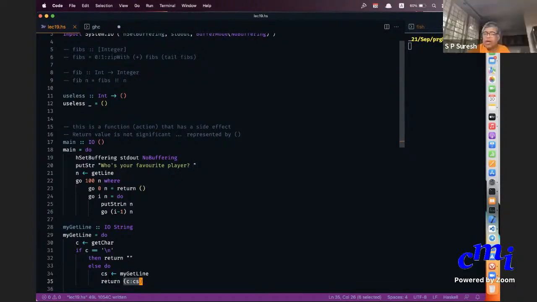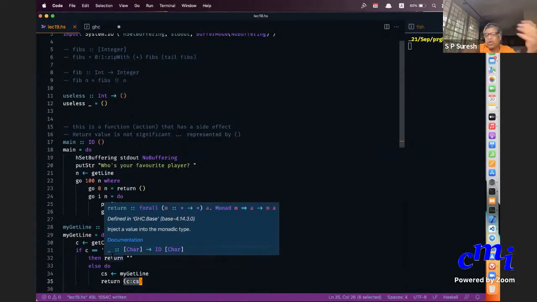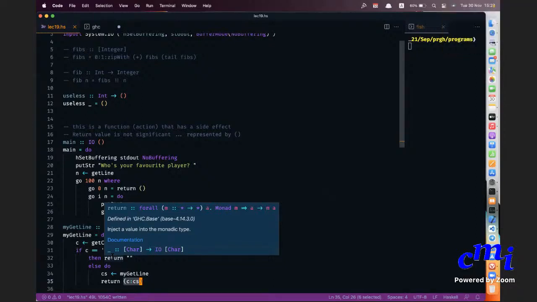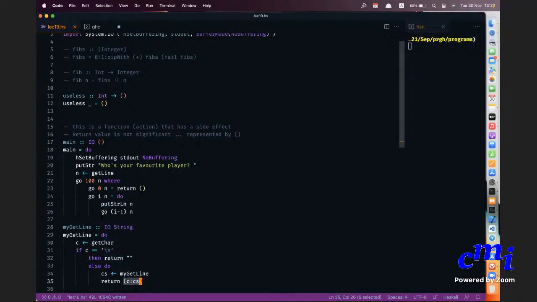See, if you want the same structure, I can accumulate whatever I have read so far in a string and then finally I'll just print the string. It is just that the structure of the two things is different. I need to do the recursive call, which will return a value, and I need to come back and then build something on top of it. Whereas here I don't need to do that.